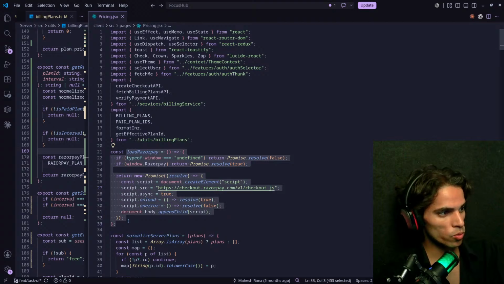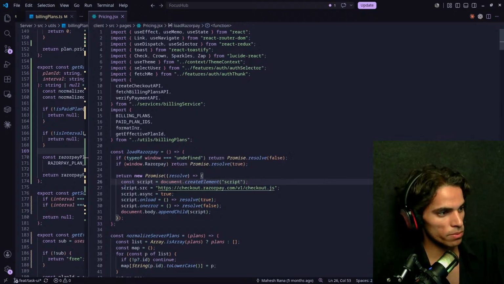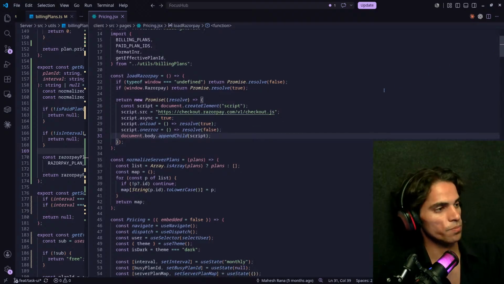This is getting used for a Razorpay load. Okay, we are loading the Razorpay here. Then we will return a new Promise with resolve, and const script = document.createElement script, and now script.src will be this, script.async will be true, script.onload will be this, and onerror will be this, and document.body.append(script). Okay,